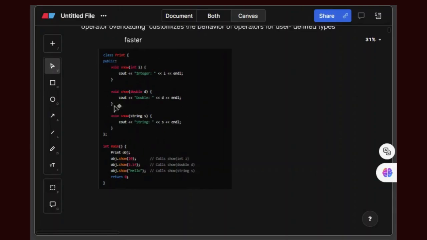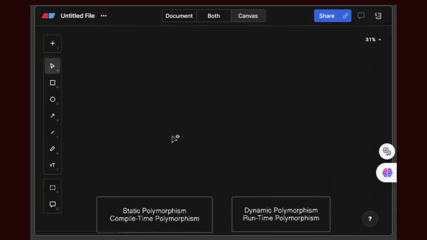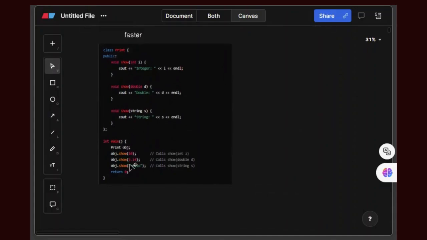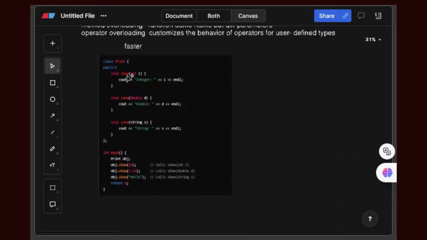This is the code for static polymorphism, where these functions have the same name but different parameters. While calling, we pass different parameters, and during compile time it can guess which function is being called.